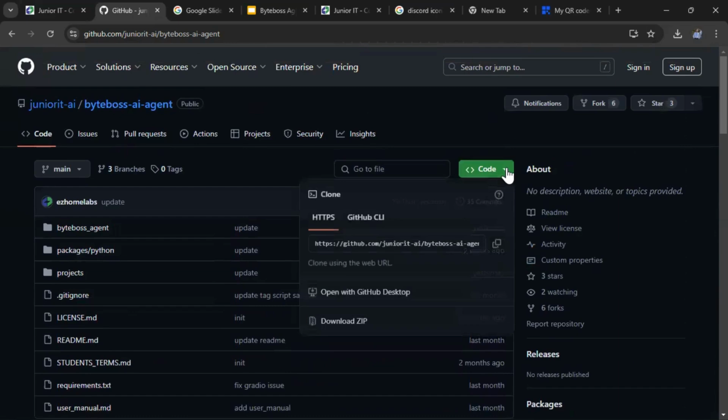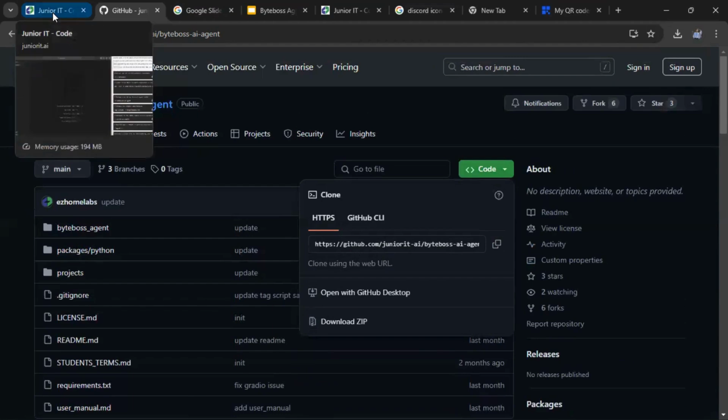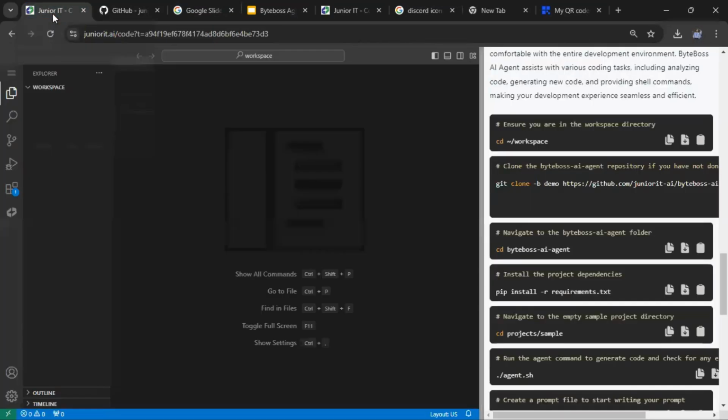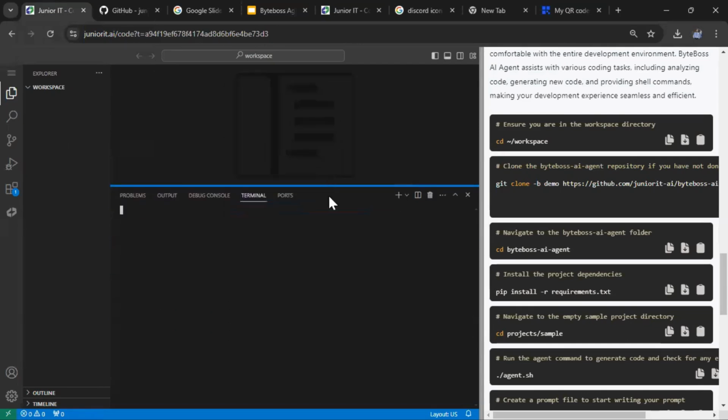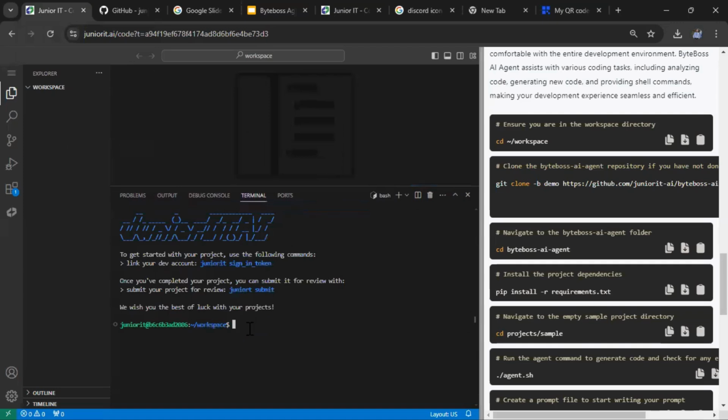So let's just go to the code and we'll have the option to clone the project, and we'll clone this project. So make sure you are in the main branch and we'll again go to the JuniorIT code spaces. And here, press Command J to open up the terminal. And in the terminal, you should,